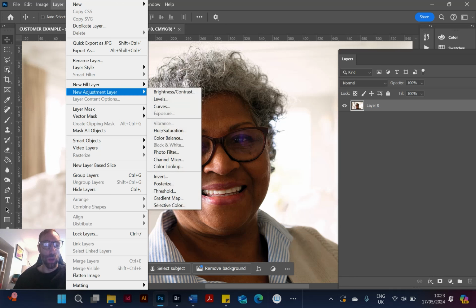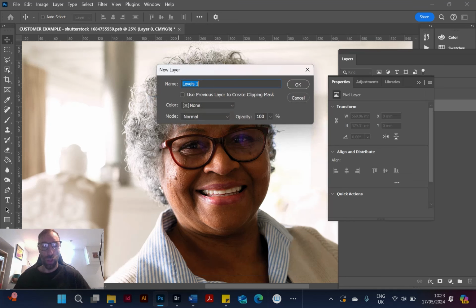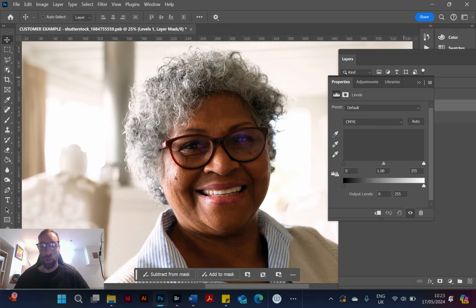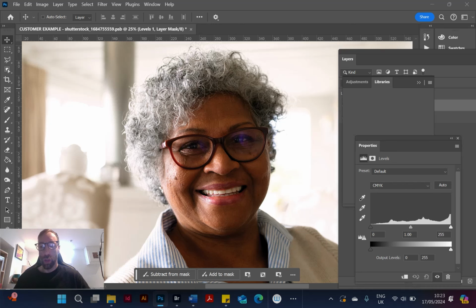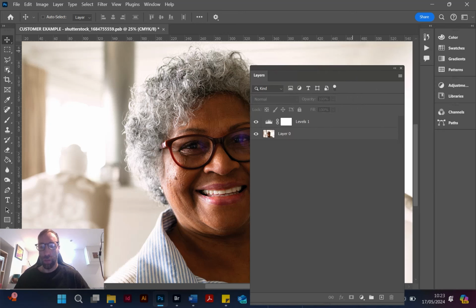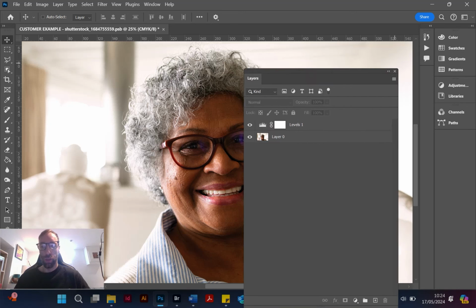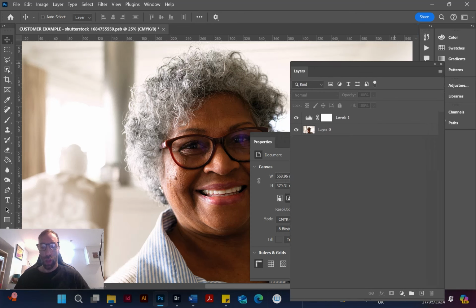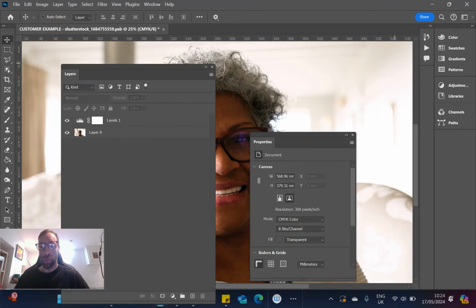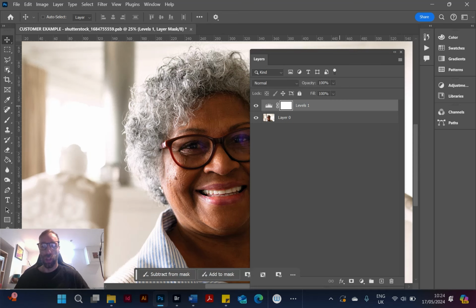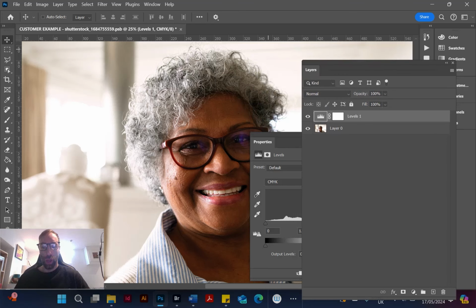So what we'll do is we'll come down to new adjustment layer and come down to levels here. That's the one I tend to use. You can rename it if you want to, but I'll just keep it as levels because I know that's the effect that it is. And again, just like most of the effects in Photoshop on the tabs, if you click it and you can't see this menu, it could be that the layers panel is covering it up. So you can just click that tab, move it around, and you should be able to see it. But just like that, because I've collapsed it, you can't quite see it. So one way you can get it back is just double click that button there,